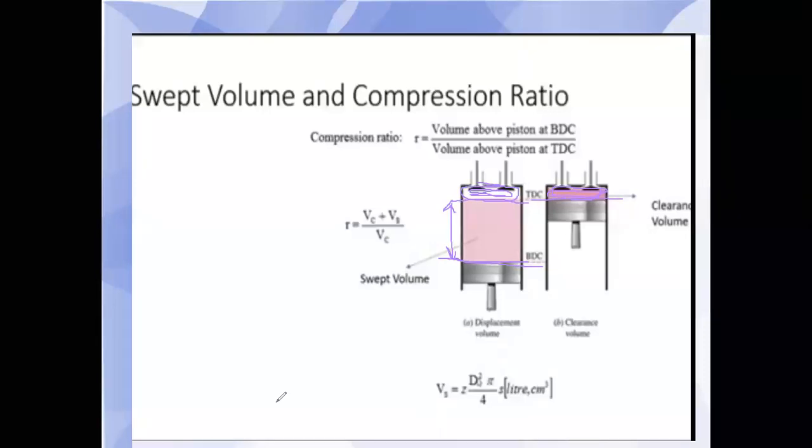I will try to explain. See the length of the connecting rod and the length of the piston, and the whole connection with the crankshaft is in such a way that when the crankshaft is rotating, the piston cannot move above the top dead center. The lengths are adjusted in such a way that at any speed the crankshaft rotates, at any high speed, the piston cannot move above the top dead center, and it cannot go below bottom dead center. So there is always a clearance provided here.